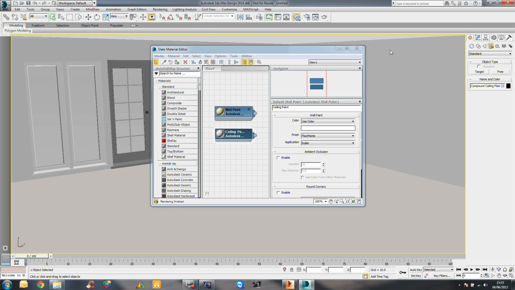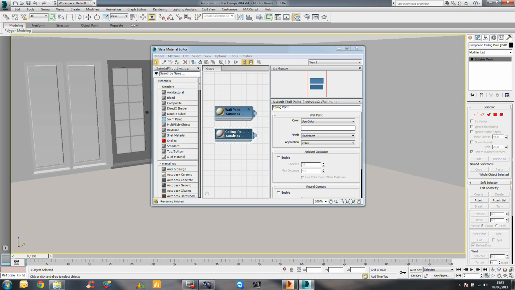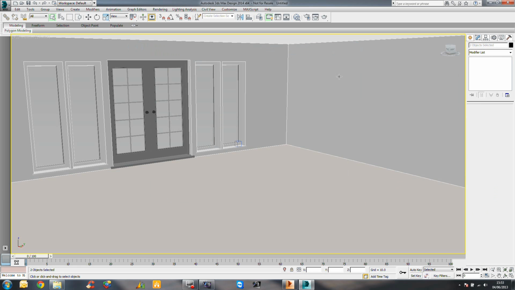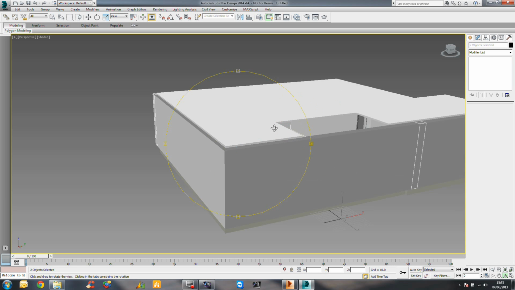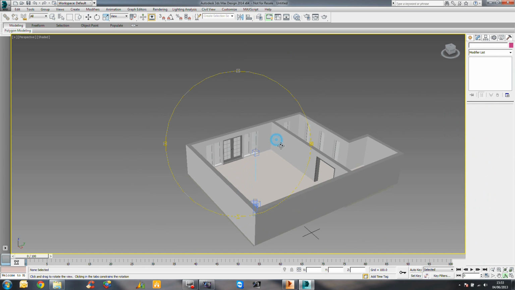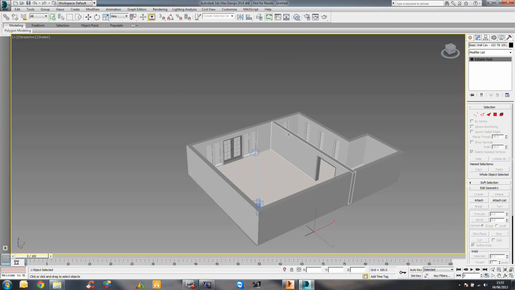With my ceiling selected, I'm going to go ahead and apply my ceiling material. With my walls selected, holding Control, I can make sure I go through and select all of my wall materials. Let's just hide the roof to make it a little bit easier. So let's just select 1, 2,